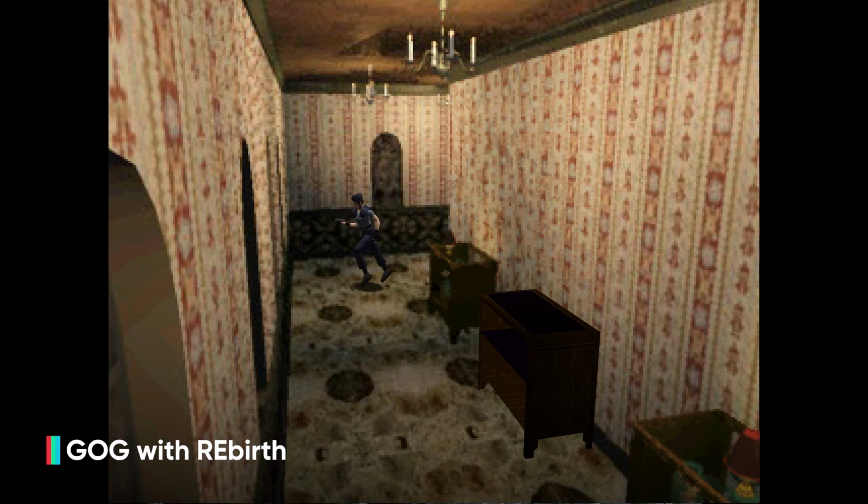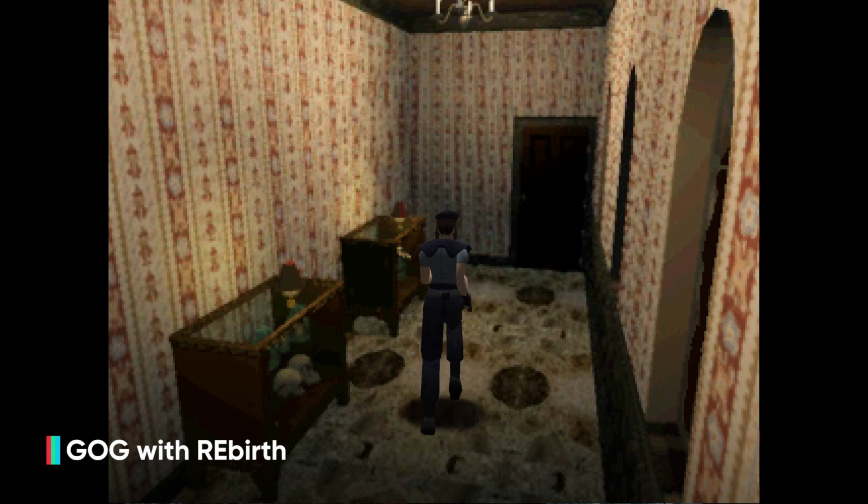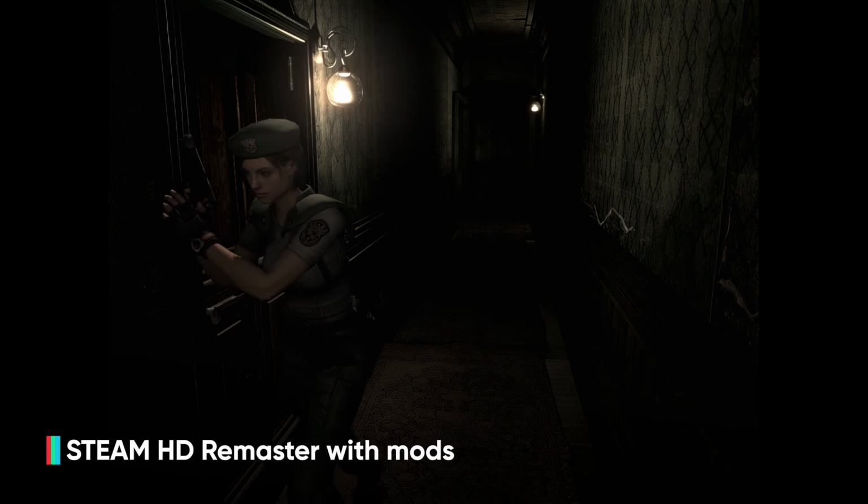Overall, for me personally, I would go with the GOG release with the Rebirth mod attached if I'm going to play the original, and then for the remake I'll play the Steam remaster with all of the mods that I've